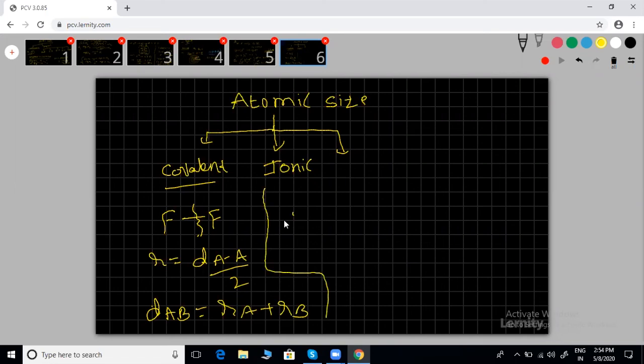And ionic radius is based on the electrostatic force of attraction between cations and anions. About the size of the ions, I minus has more size. For example, iodine: I neutral, I plus. So anions have bigger size, cations have smaller size. When they have the same number of electrons, we can see the E by M or Z by E ratio. Clear? The more the protons, the more the attraction. The fewer the protons, the lesser the attraction. That's simple logic.